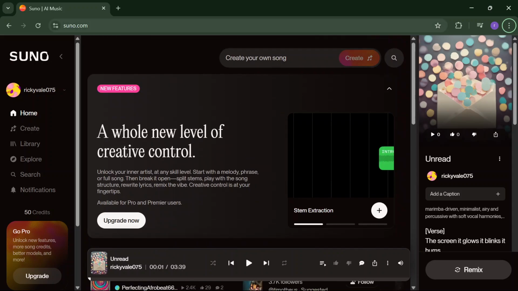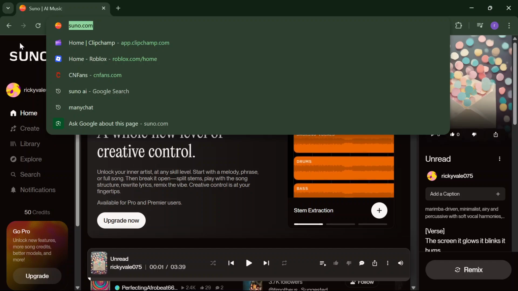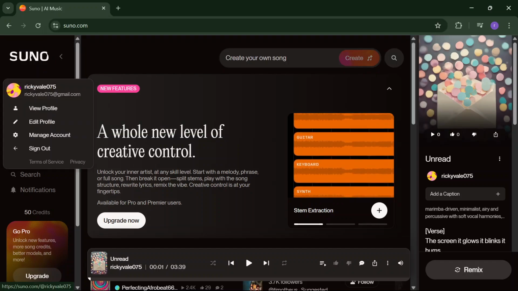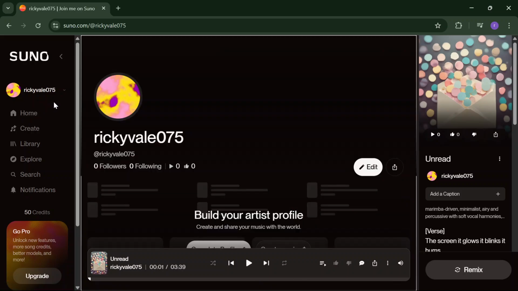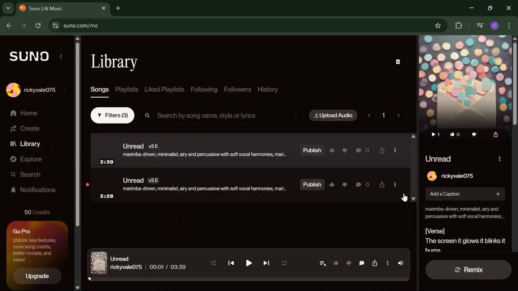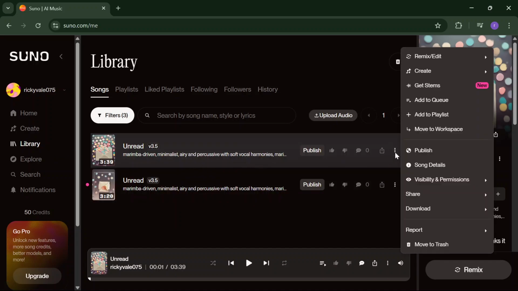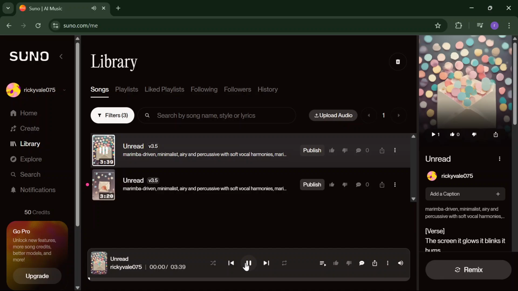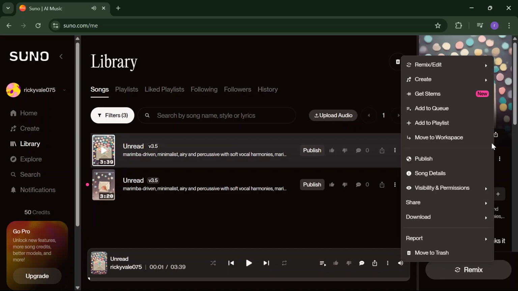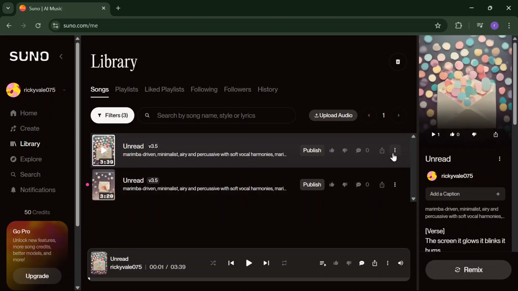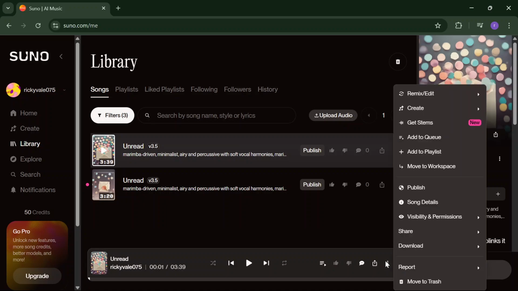First of all, you need to come to suno.com, that's the official website, and then you just have to go to your profile, select the library from here, select your song, and simply double click it. Then you can publish it directly, or you can also edit some information of your song, like you can